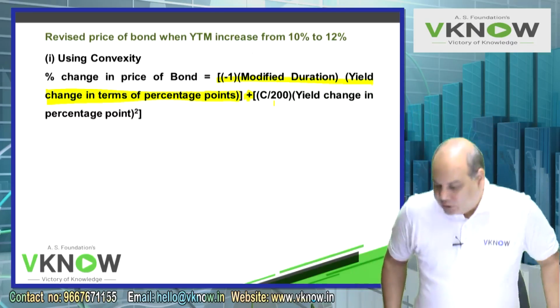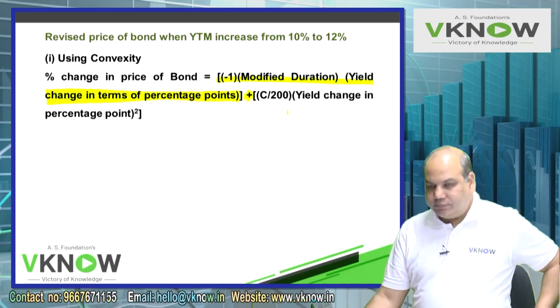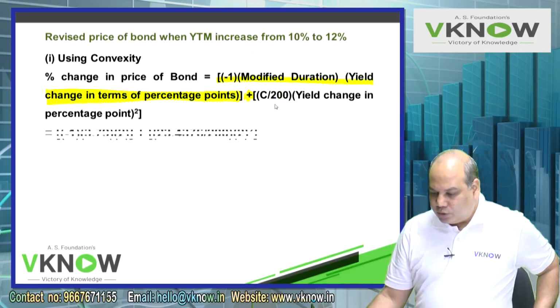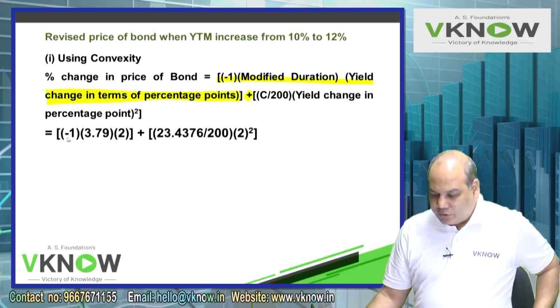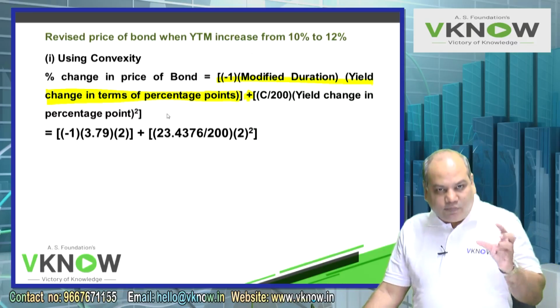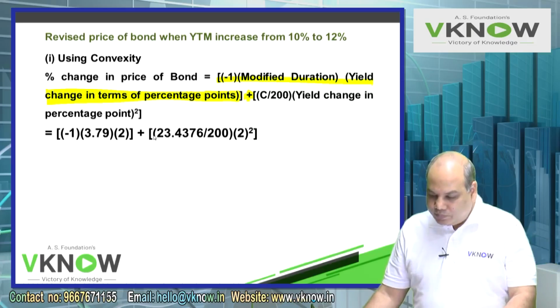So I am going to now tell you how to put the numbers. Minus 1 into 3.79 into 2. So this gives you the answer in change in price as per modified duration, and then we will now give the effect of convexity. Plus